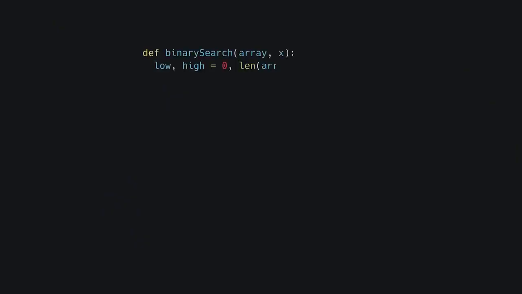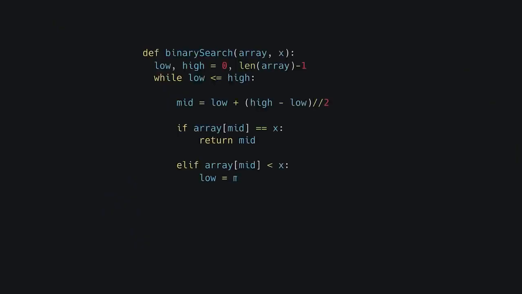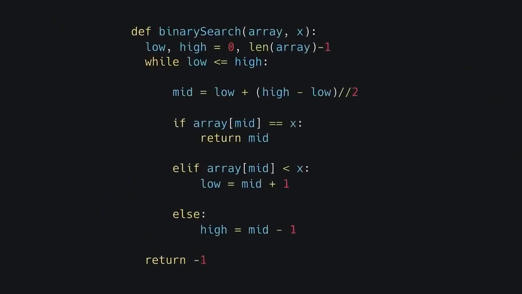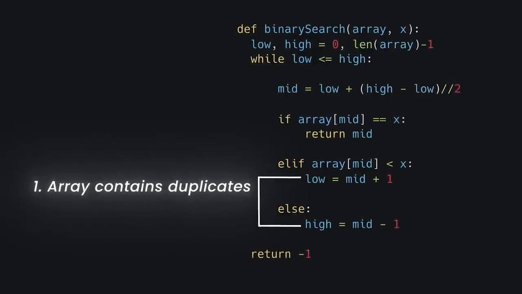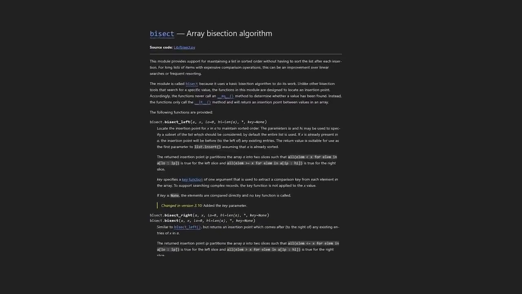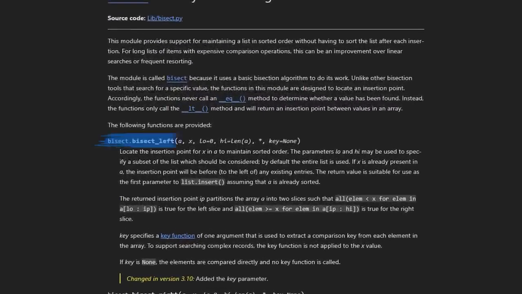One thing that helped me a lot to solve modified binary search problems is understanding the core binary search algorithm really well. For the core binary search algorithm, you need to be able to visualize where left and right pointer end up if the array contains duplicates or if the array does not contain the target. Let me give you a good way to improve your visualization of binary search. Bisect module in Python contains two functions, bisect left and bisect right. Implement these two functions in the language of your choice and your understanding of binary search will improve a lot.